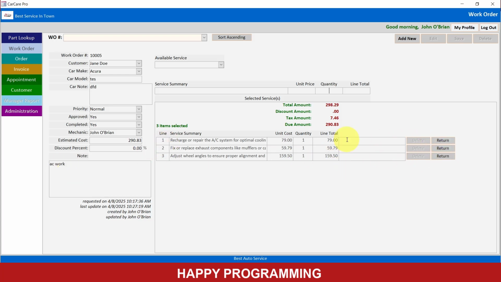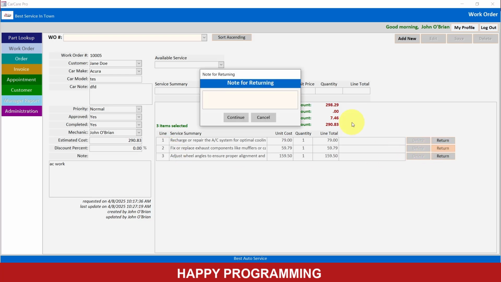So we're going to return some of this guy, and it's going to audit. I'm going to return this guy right here, and it says, what's the reason? Note for returning: I did not approve this one. This service. Oh, not customer. How about customer? That's better. Customer did not. Alright, so if I click continue, it's going to audit this guy and remove the